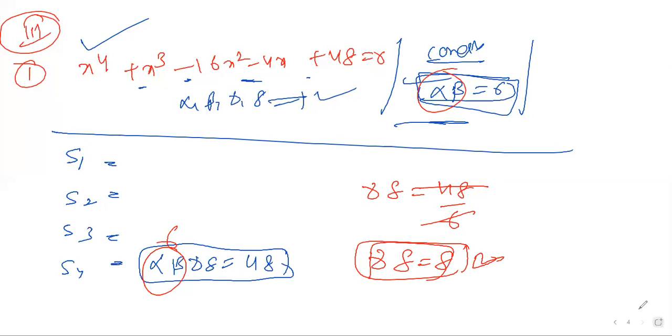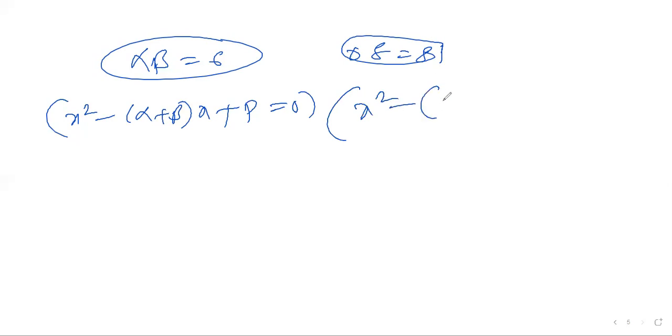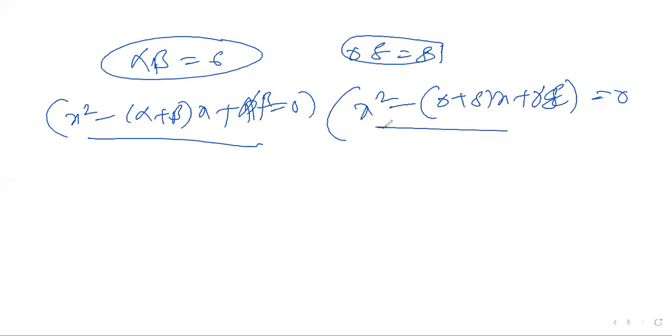For a fourth order equation, what did you get? Very important, this question model. Alpha beta is equal to 6, gamma delta is equal to 8. For a fourth order equation I am taking two second order equations. Let us take x square minus p x plus 6 equal to 0, that is one equation. The other equation is x square minus gamma plus delta into x plus q is equal to 0. This one I'll take as alpha beta, gamma delta. I don't want to touch this. This is one second order equation, and this is another second order equation, because when two second order equations are multiplied, you'll get a fourth order equation. Clear?